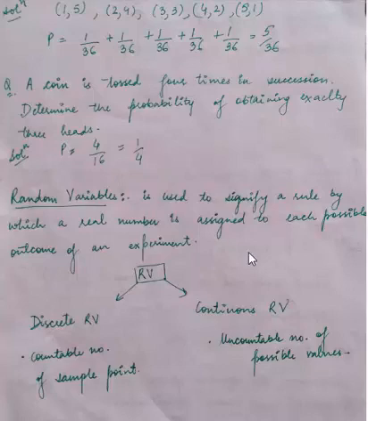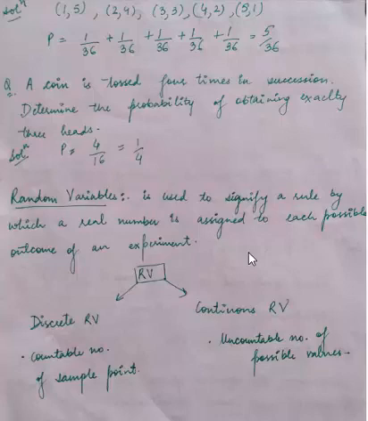Or we can say a discrete random variable has a countable set of distinct values, but a continuous random variable takes any value within some interval. The next comparison: discrete data is counted, but continuous data is measured. The third comparison: discrete variables can take only integer values, never including decimals or fractions, but a continuous random variable can take values including fractions and decimals.